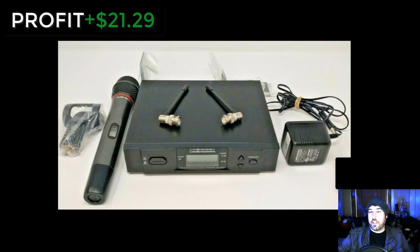This is an Audio-Technica wireless mic set. It came with a box. I didn't sell it with a box because it was actually in the wrong box. It looked like whoever donated this stuff, maybe a church or a business, donated a lot of this stuff at once and probably just threw it in random boxes that they had. It didn't match quite well, and it just got mixed up, because this was supposed to have a wireless transmitter as well, like you wear on your body. And if that would have been there, I could have got probably an extra $100, maybe $150 on these,